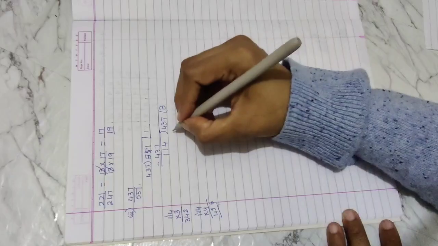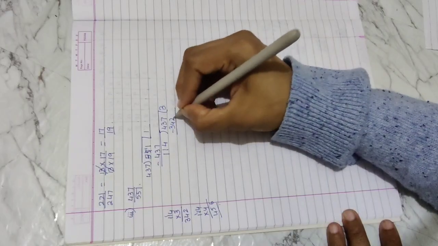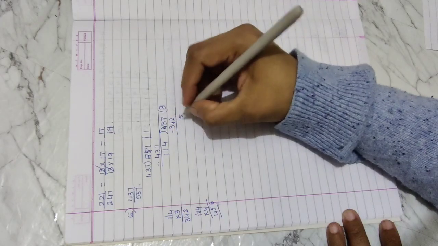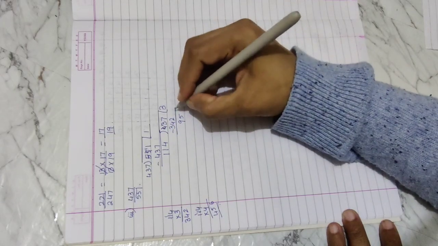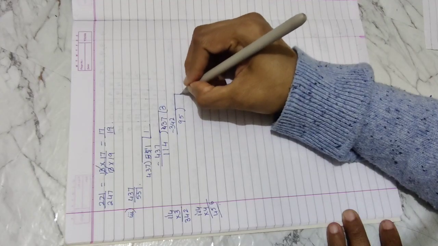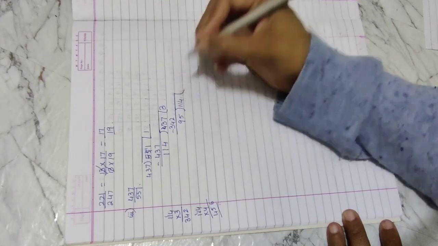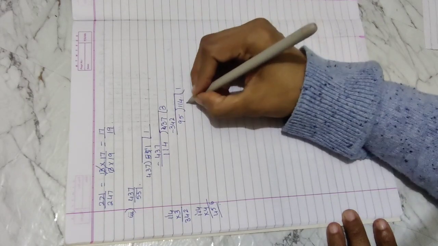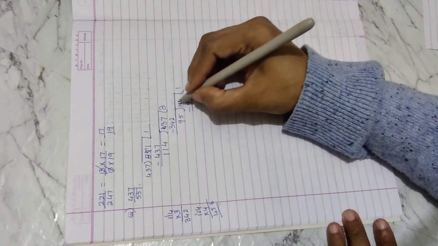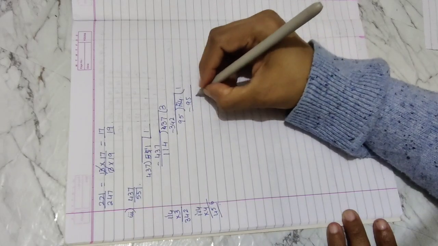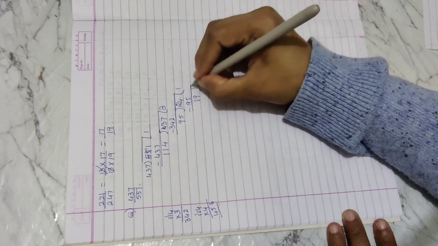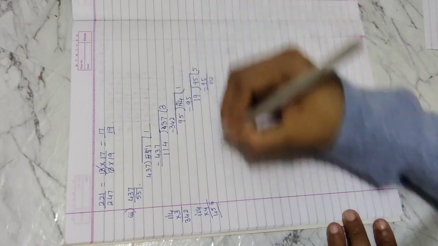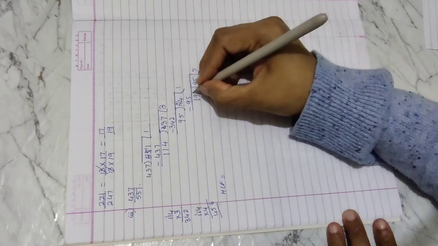Let's try with 342. 7 में से 2 गया 5, 13 में से 4 गया 9. I got 95. And then 114. 95 1 ज़ा 95. Okay, so 14 में से 5 गया 9, 19. अच्छा, now I know 19 5 ज़ा is 95. So my HCF will be 19.